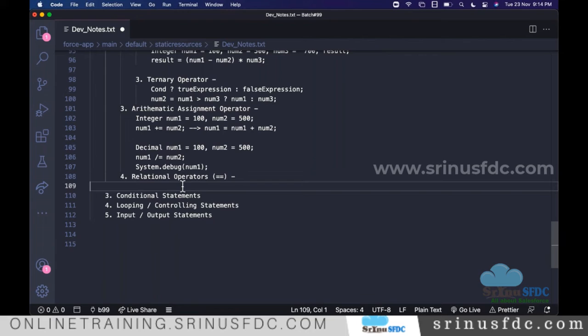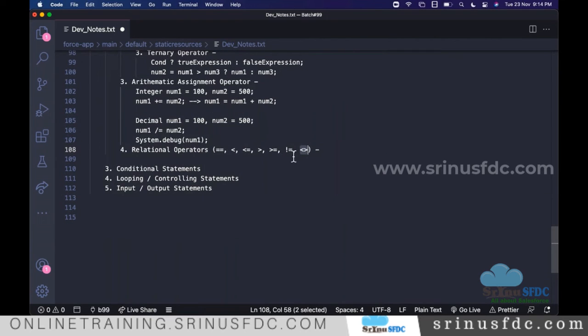For comparison purposes we use this. Also, we have less than equal to, greater than equal to, not equal to. Not equal to, we can represent either like this or like this. It's up to you, whichever you like, you can use.